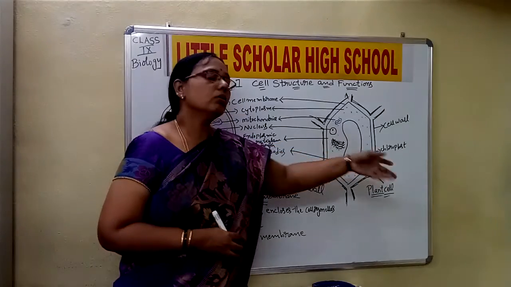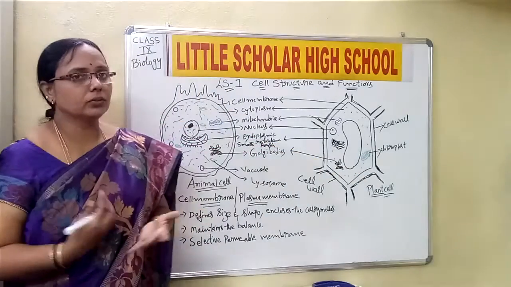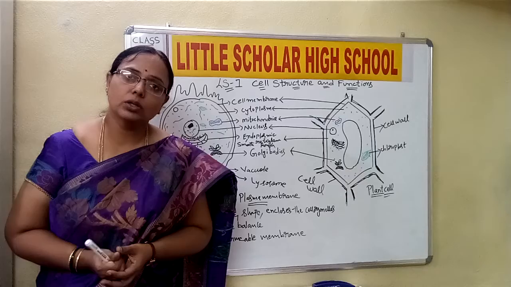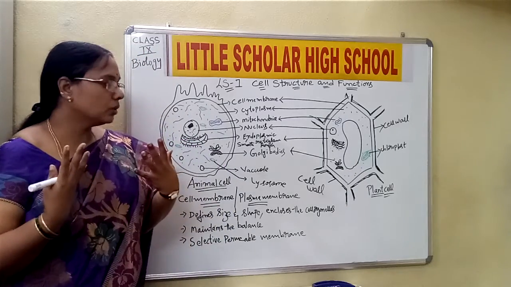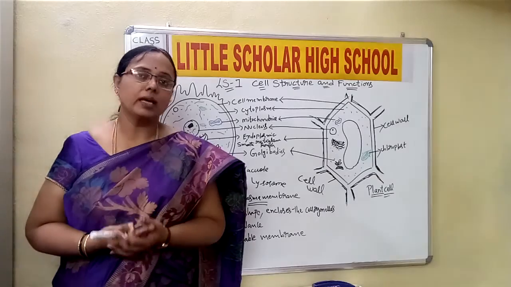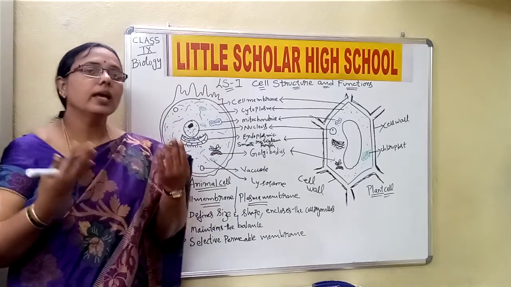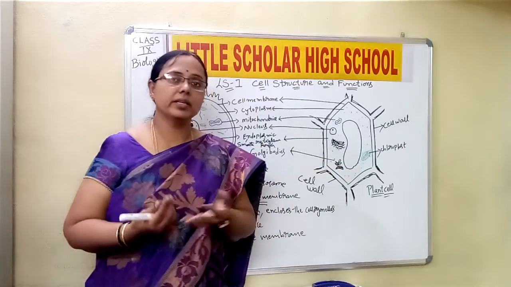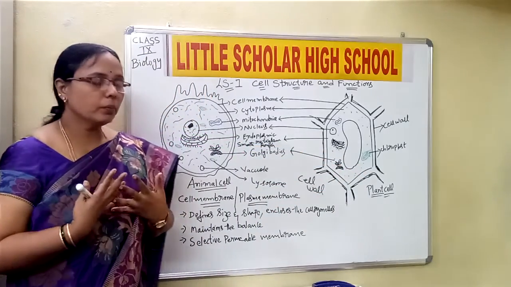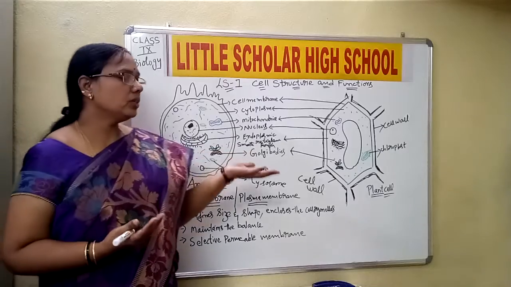Now, one more thing we have to talk about in the difference of plant cell and animal cell is, chloroplasts are present in the plant cell naturally, because plants have to undergo the process of photosynthesis. When they have to undergo this process, naturally they will carry the pigment called as chlorophyll, and this chlorophyll is nothing but pigment which is present in the cell organelle called as chloroplast. So this is the major difference.